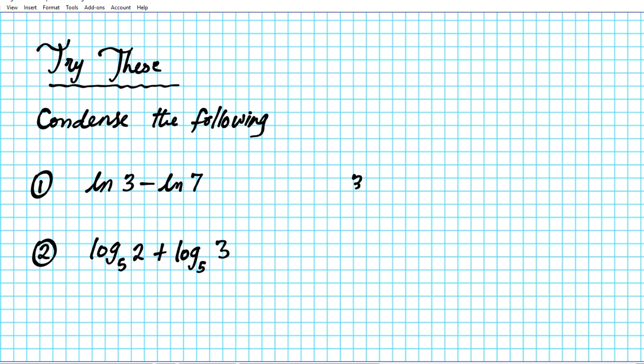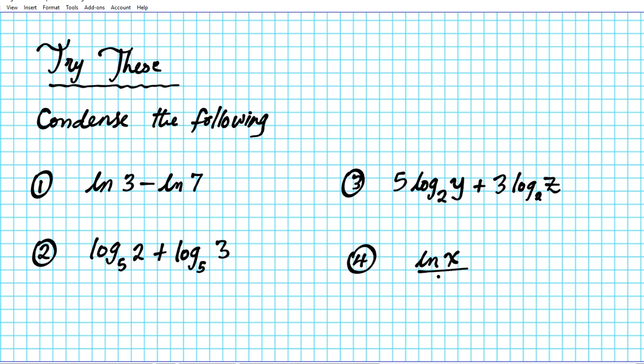Number 3, what if you have 5 log base 2 of y plus 3 log base 2 of z? Number 4, what if you have the natural logarithm of x over 3 minus 2 times the natural logarithm of